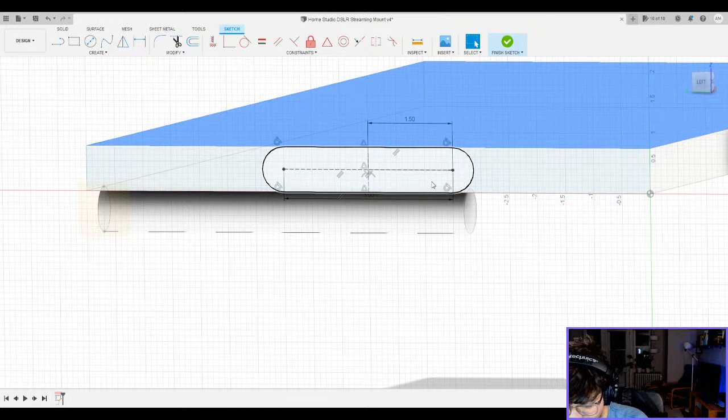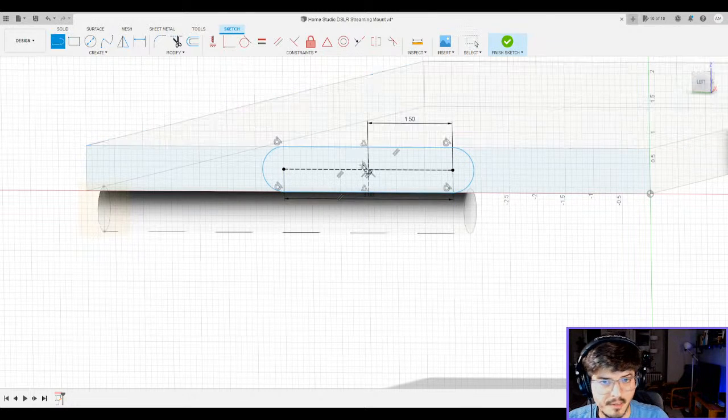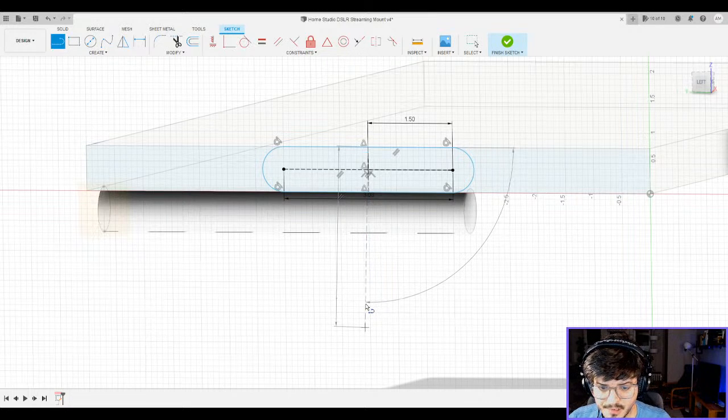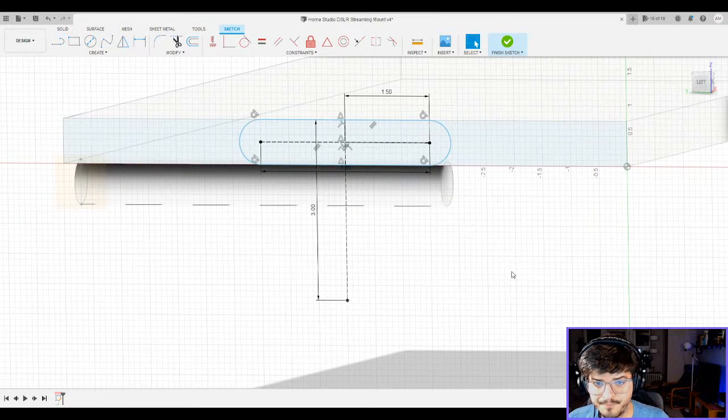Let's continue with the rest of this. What is the rest here? Let's go and see. Do we have any positions? So I had 3 inches from top. So again, I'm going to use a construction line from here to here, bring it down 3 inches. Is it 90? No, it's not 90. There we go. Now it's 90.